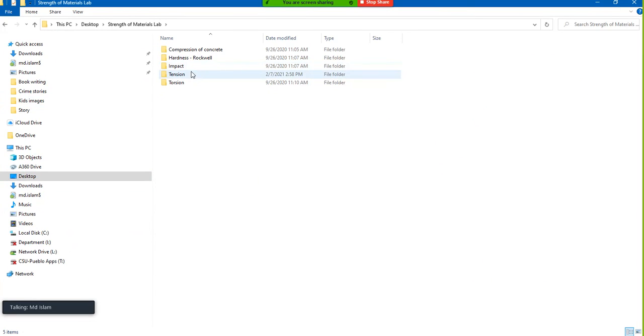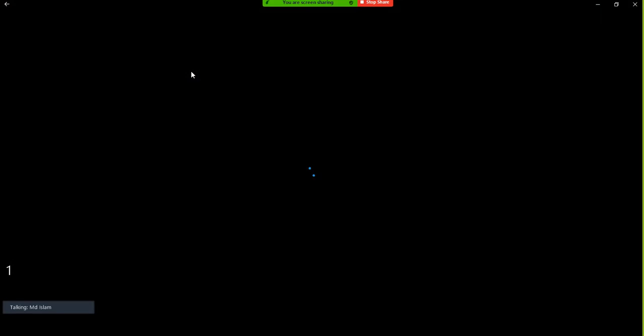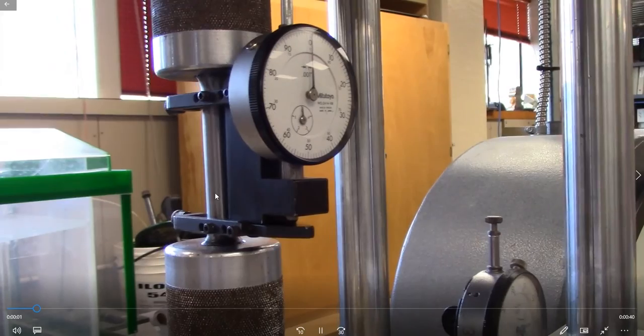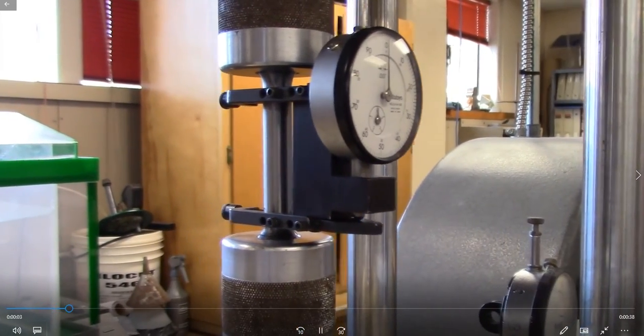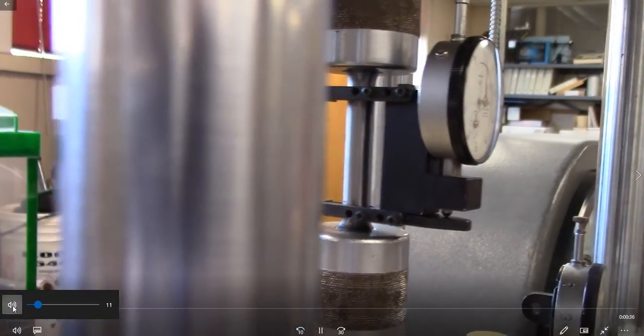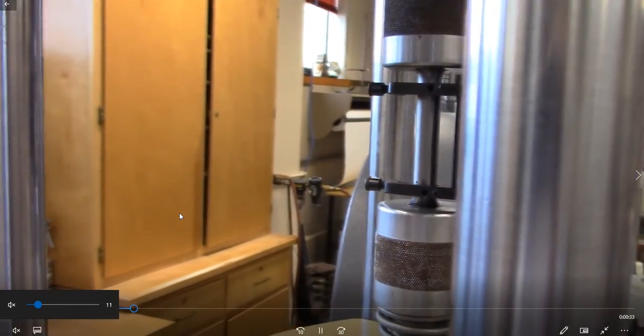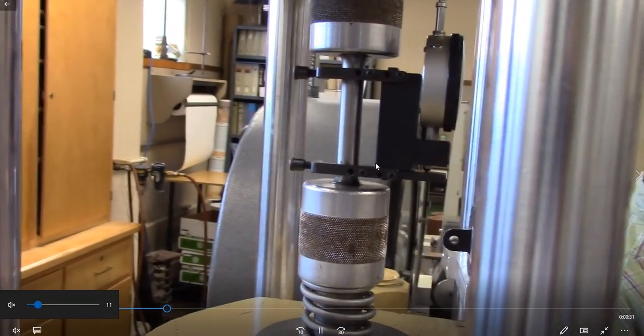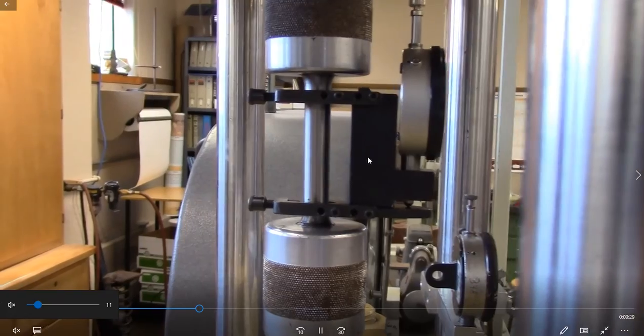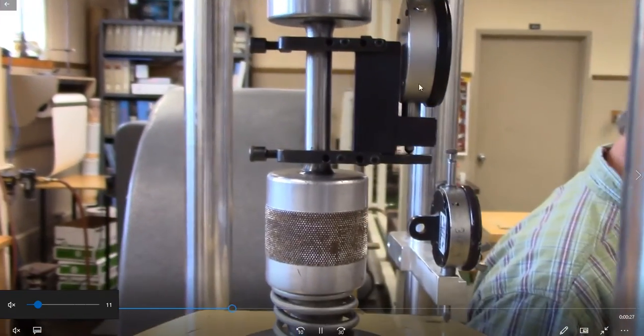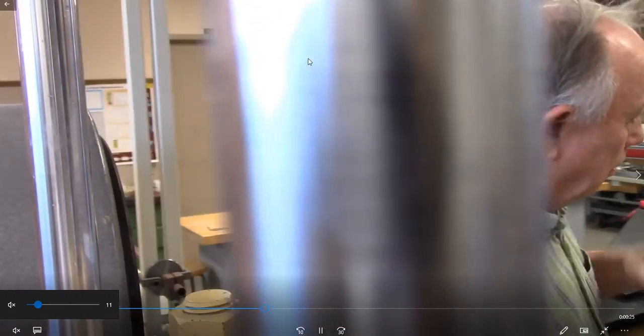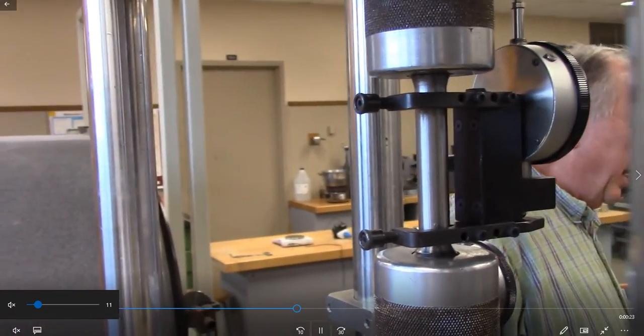So, tension test at the beginning. Steel up to a temperature that's okay, near the upper transformation range. Maybe we're not taking the dialogue, only the sample. You can see this is the specimen. We clamped the dial gauge here. You can see the dial gauge. Using this dial gauge, we will measure the elongation.